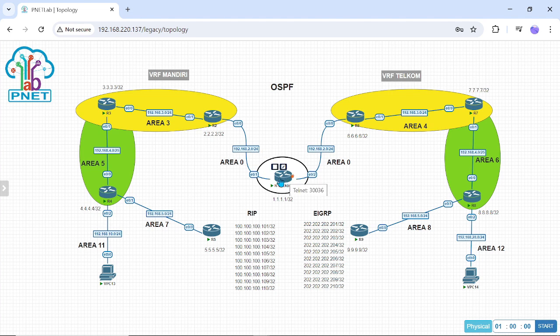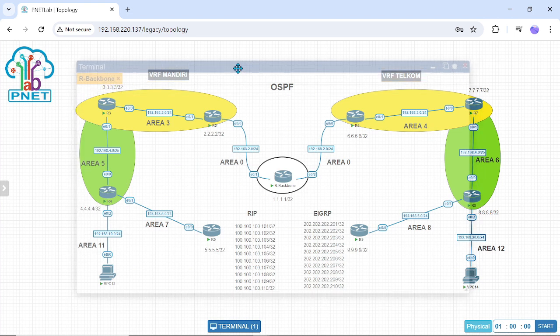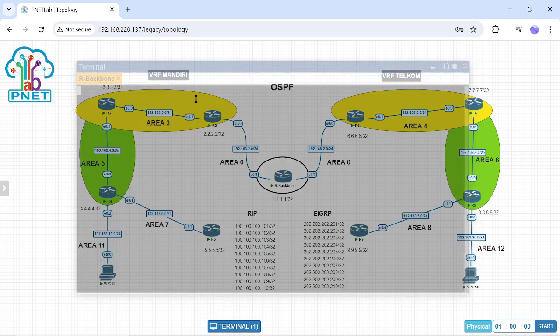So we can say this is the router center. I made these two VRFs in this router.